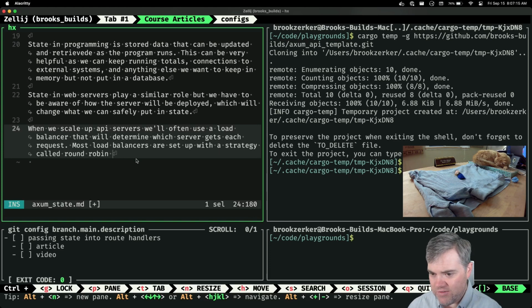When we scale up API servers, we'll often use a load balancer that will determine which server gets each request.